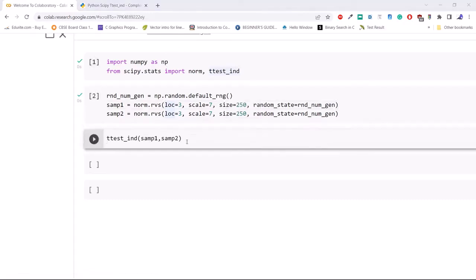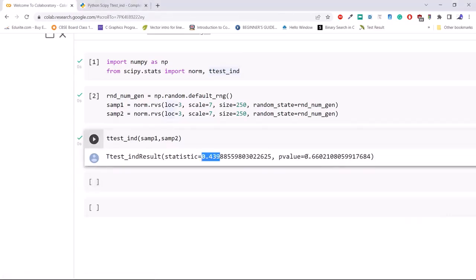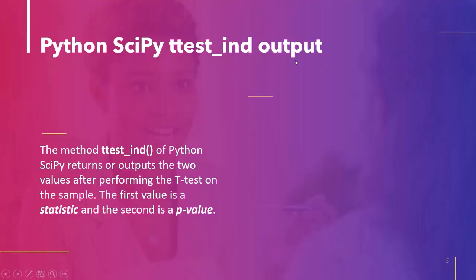Now pass the above created samples to the method ttest_ind to compute the t-test on this sample. Execute the code. From the output we can see that the statistic value of the sample is 0.4 and the p-value is 0.6. This is how to perform a t-test on the independent sample. The next topic is Python